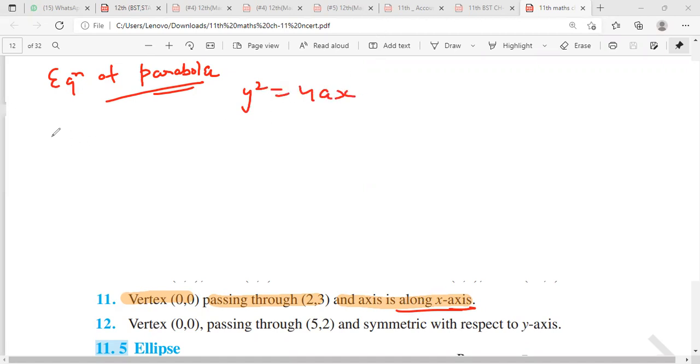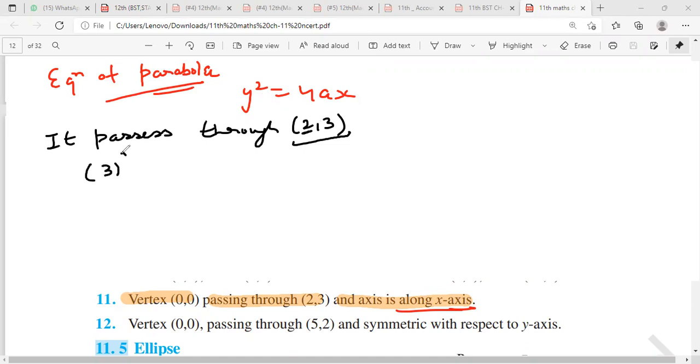According to the question, it passes through 2, 3. It means this point will satisfy this equation of parabola. So in place of x, we will put 2. In place of y, we will put 3. So what we will have? 3 square is equal to 4a, in place of x, we will put 2. So that is 3 3s are 9 is equal to 8a. That means,